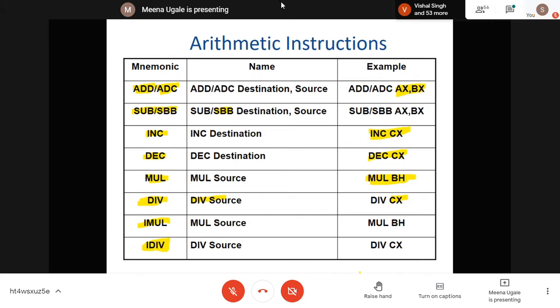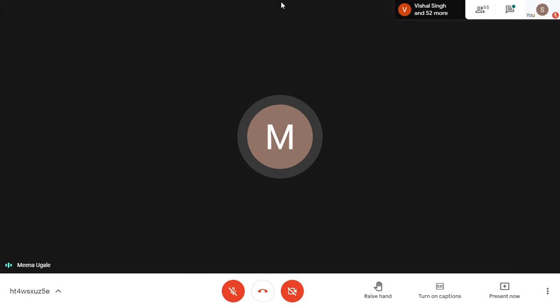Now I'm stopping this part and I will stop sharing, and I will share my TASM screen. I'll show you how to write programs in the TASM software. Meanwhile, I'm expecting that you all have installed the TASM software on your laptop or desktop machine.